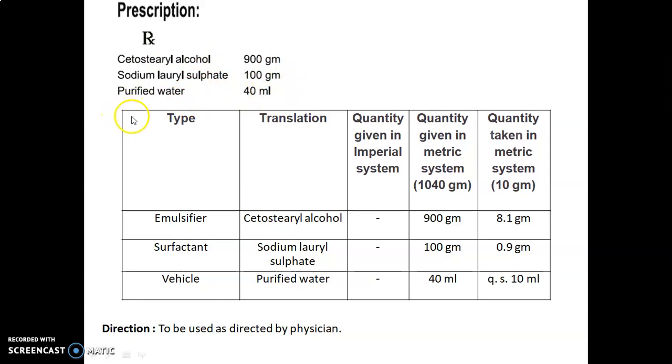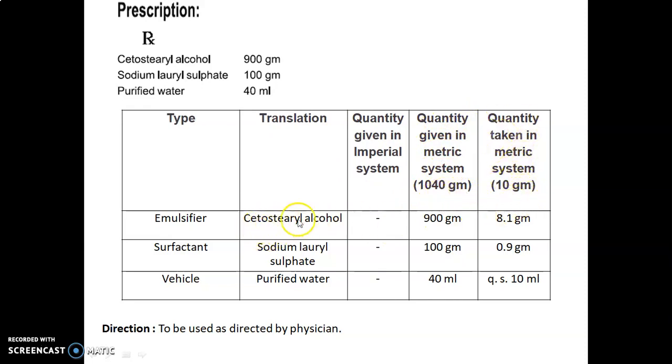Let's discuss in detail the formula table. First of all, type, that is, quantity given. Type means the role, category or use of the ingredient. Translation means the name of the ingredient. As the quantities are directly given in the metric system, there is no Latin terminology, and the quantities are not given in the imperial system. The quantities given in the metric system are for 1040 gram, and the quantity taken in the metric system is to prepare up to